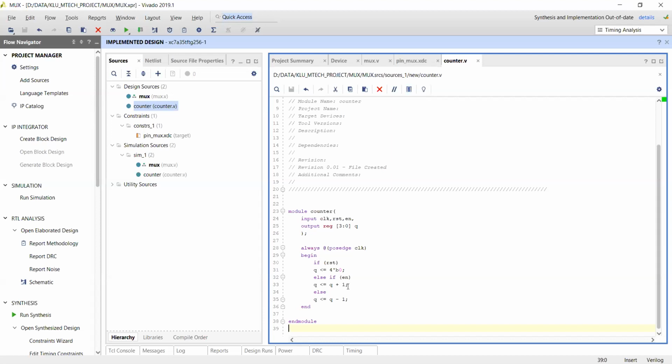If you consider from the first rising edge to the second rising edge, it is nothing but the period. Half of the period is nothing but the width. If one period is completed, then one count has been completed.